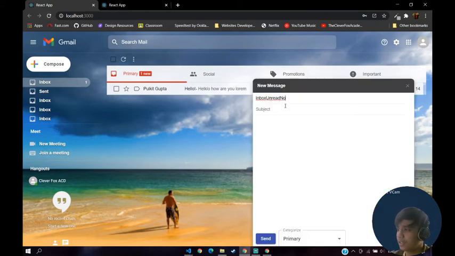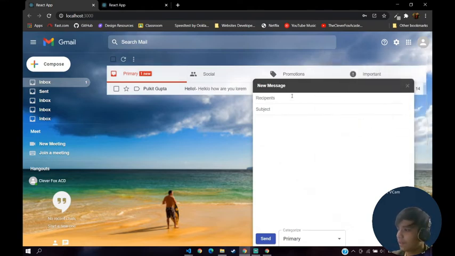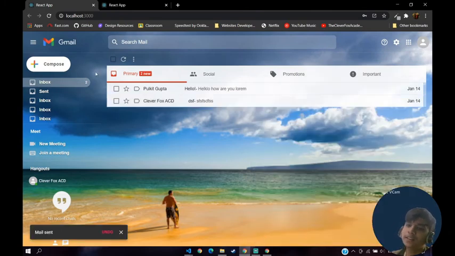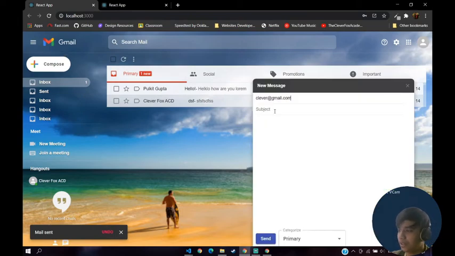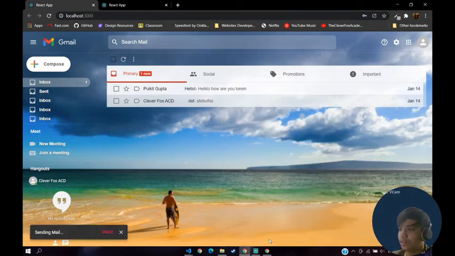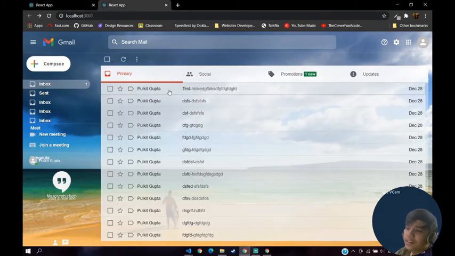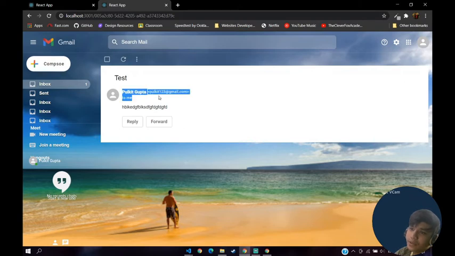As you can see it's 1 now, correct? So let's send another mail to ourselves. What is the account? Okay, this one, and let's send a mail to ourselves. As you can see it got updated to 2, and if we send another mail to socials, let's send it, as you can see it's 2. Basically we know it's working, that's great.